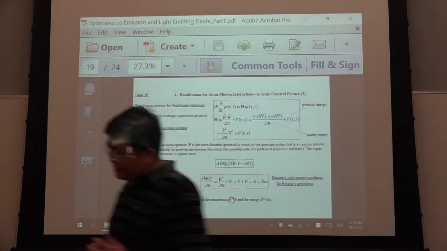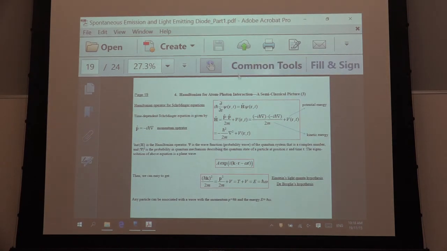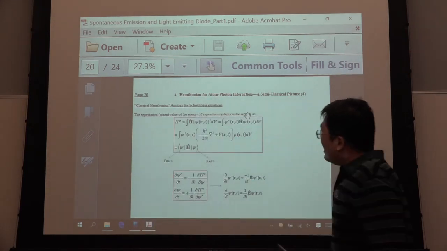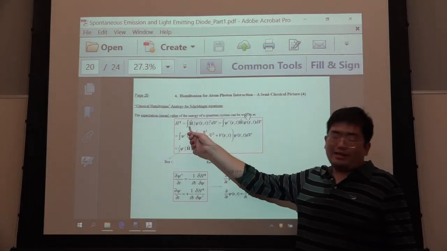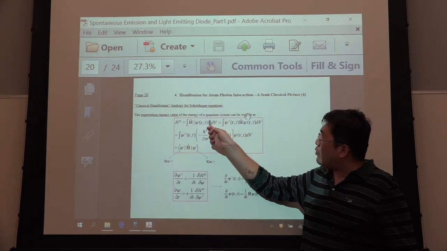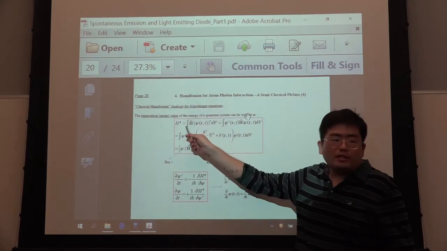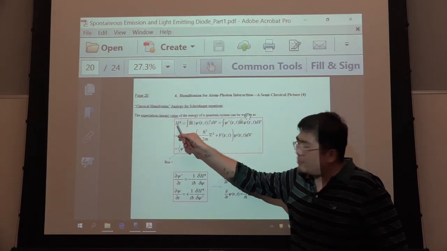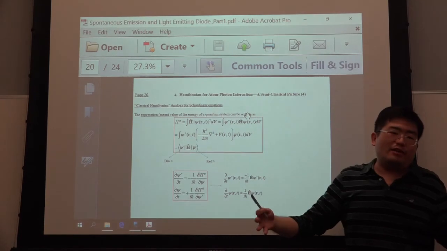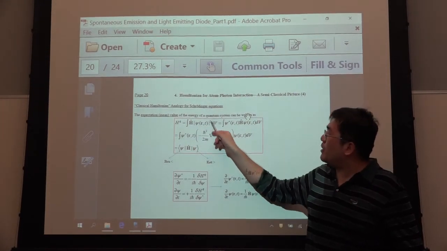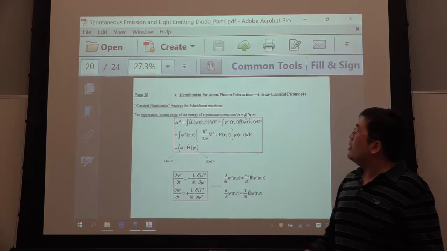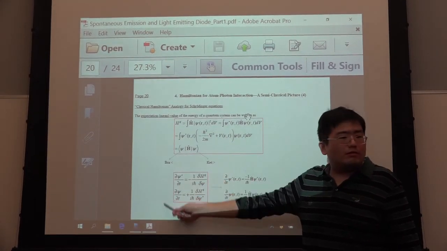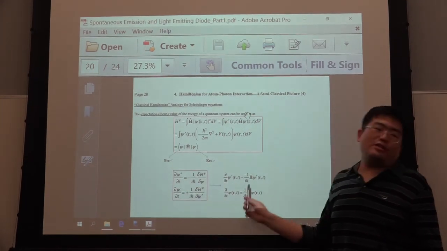Okay, next page. Here H is now an operator, right? And the phi amplitude square is a probability function. If I apply the probability to the operator, this is just the expectation value. This is statistics. Why do I do this? I use the same original variational principle, and I get the Schrodinger equation.